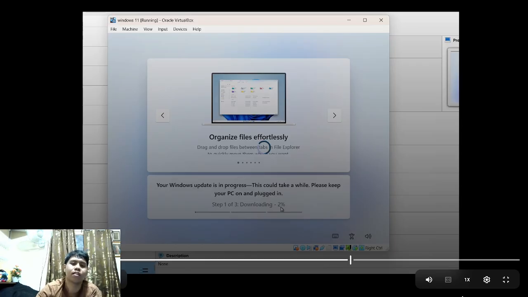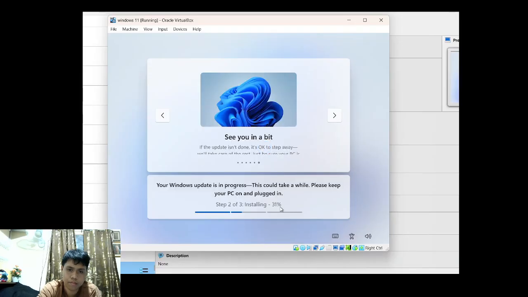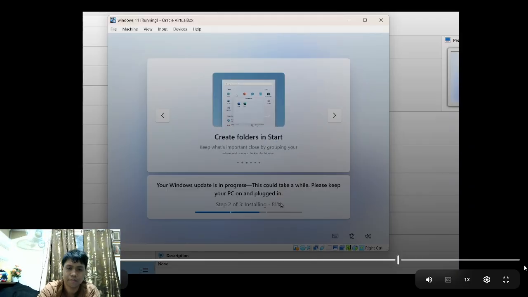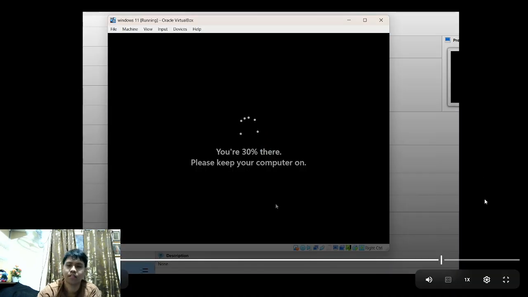Let's keep it here, and it's still the same. Look, it's just stalling. Skip it again. It's still in step 2 again. You're at 30%.